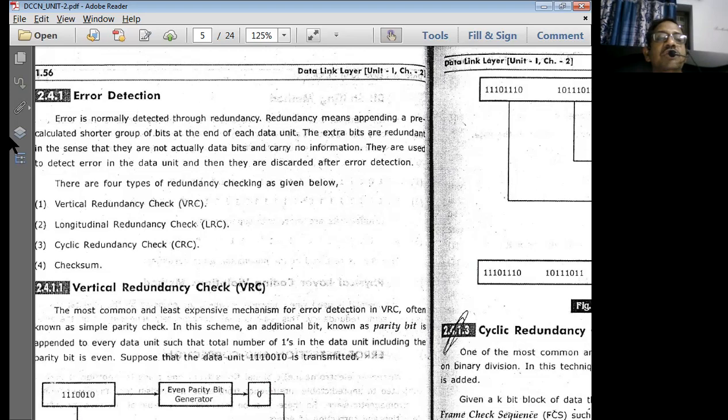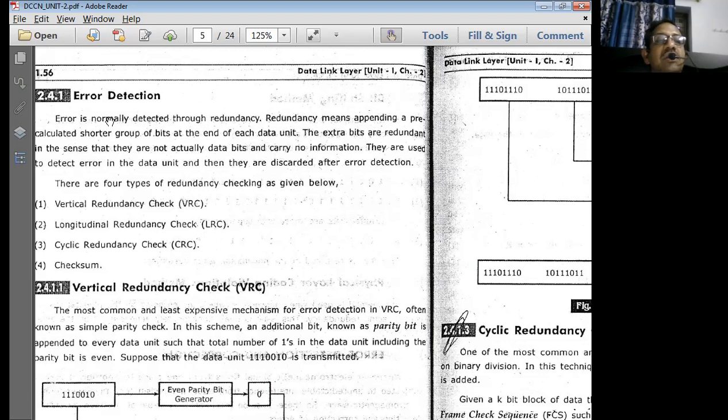This is a very important question. These four error detection methods should be known to every student, because it is a very regular and common question in the end exam. You will be getting this question for 8 marks, so you should know all four methods. Each method carries 2 marks, so put together you normally get an 8 mark question. Let us look into the error detection methods now.